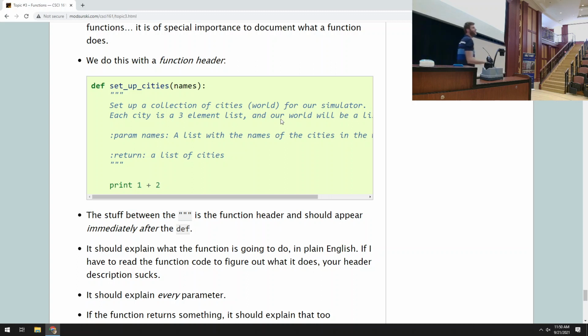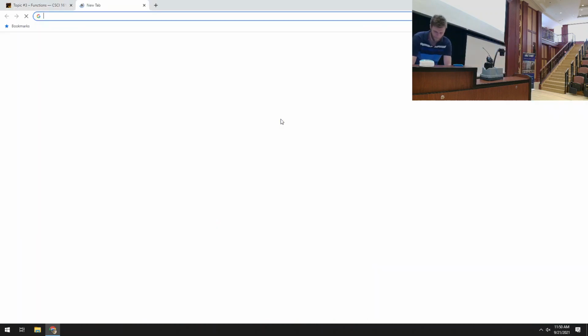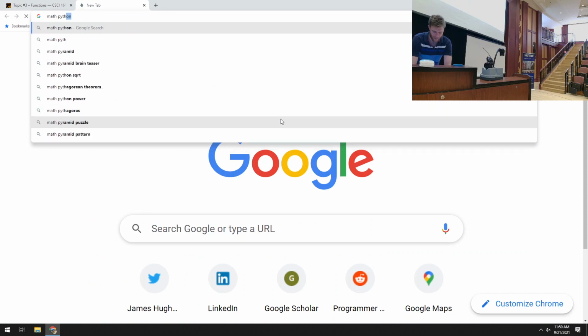We write these function headers like this, and if you're a Python programmer, you're going to do this. You're going to write your function headers like this. It's the standard, everyone's following it. And what's really cool about these function headers is, if you write a big library or something and you want to generate documentation for the code that you wrote, that you want to share, you know how if I go to Google and type in math, Python,